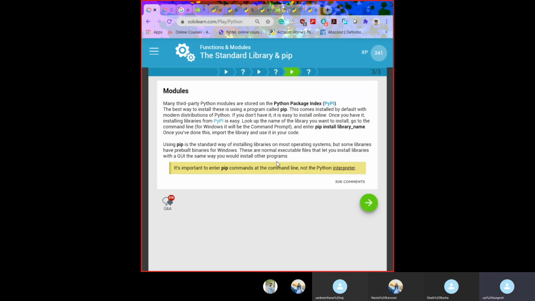To know the libraries which are defined in our software, in the command line we have to type pip install followed by the library name. Once you enter, the list of libraries will be executed in your command line.